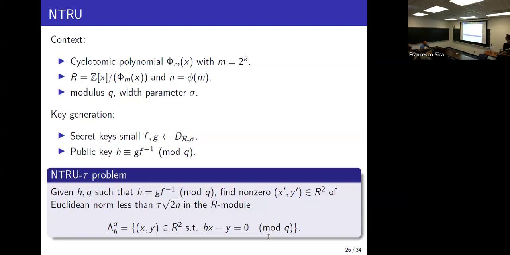If there's no restriction on the size of g and f, then the problem is easier, because given h, you can take any uniform g and compute f by doing g divided by h. That gives you an f, which is also uniform. So the main hardness again is the constraint on the size. You have to make sure that g and f are both small in order to break the system, and that's exactly the NTRU problem.